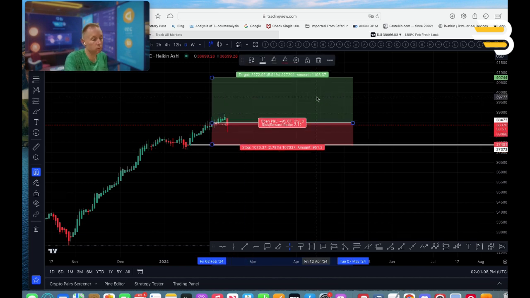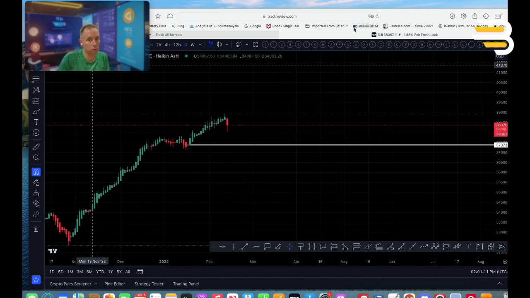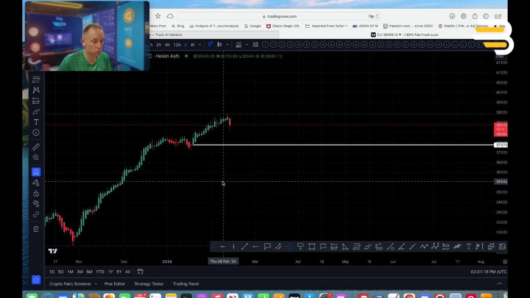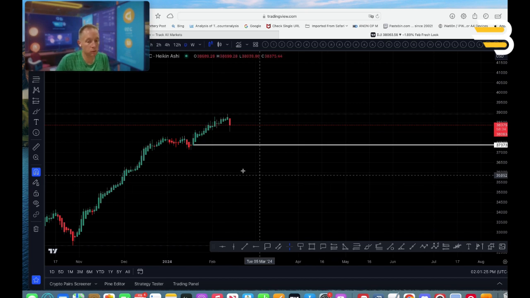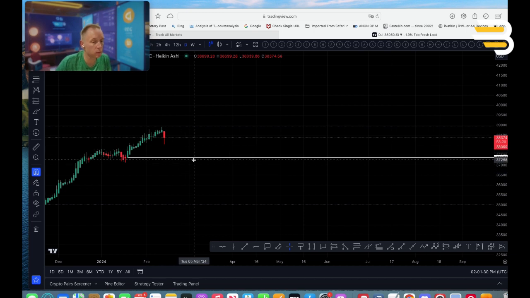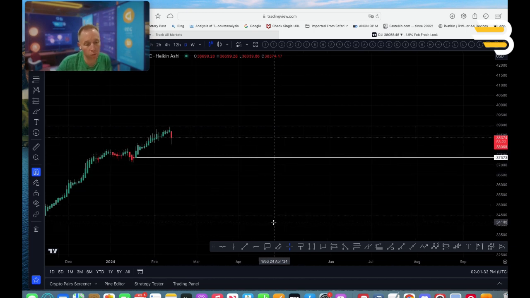Before we actually plot our long theory on the chart, we want to have these levels marked. So if we thought this was, for whatever reason, support, or the low of a support,